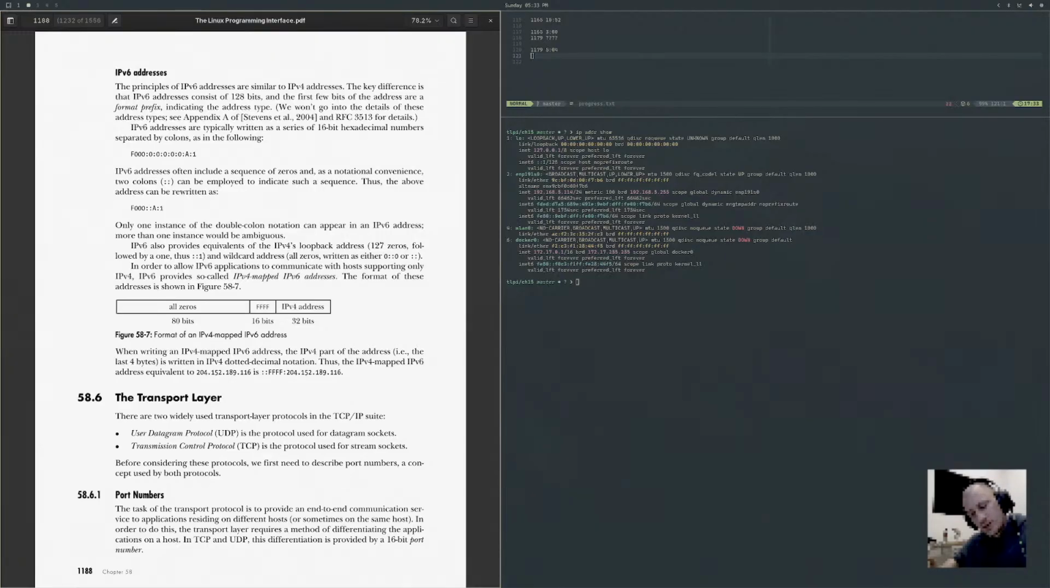IPv6 addresses often include a sequence of zeros and, as a notational convenience, two colons can be employed to indicate such a sequence, thus the above address can be written as so-and-so. Only one instance of double colon notation can appear in an IPv6 address. More than one instance would be ambiguous. IPv6 also provides equivalents of IPv4's loopback address, 127 zeros followed by a 1, thus ::1, and wildcard addresses, all zeros, written as either 0:0:0:0:0:0:0:0, or just ::. I've seen it as ::